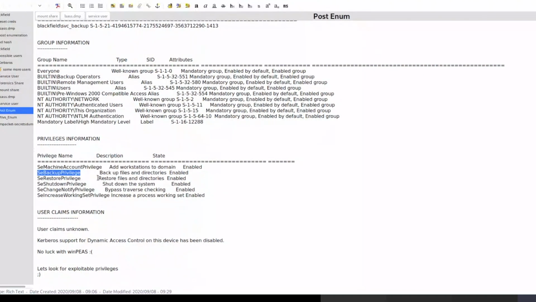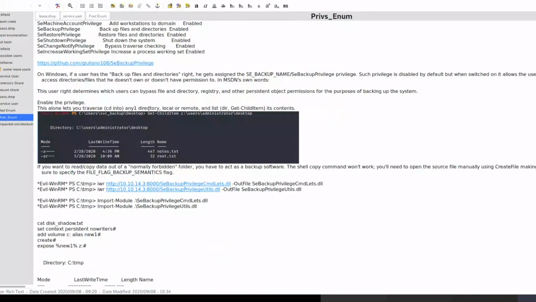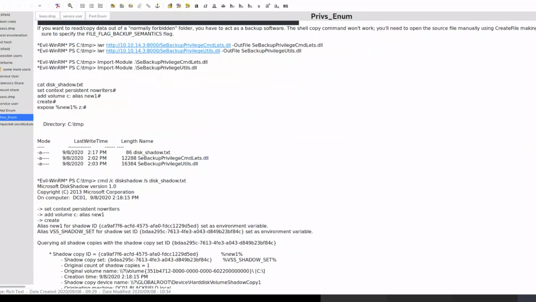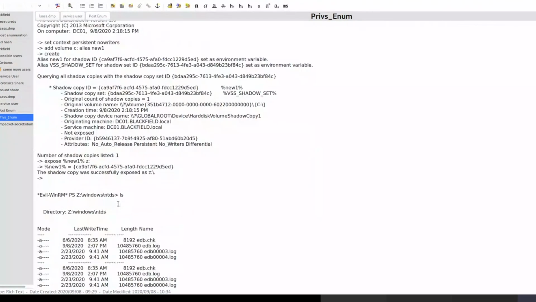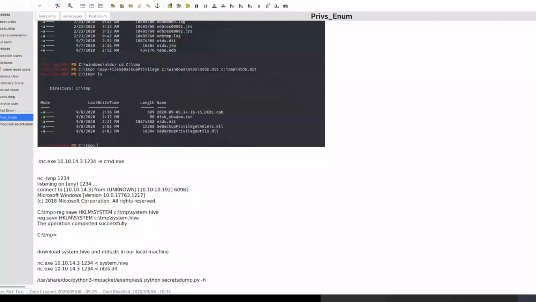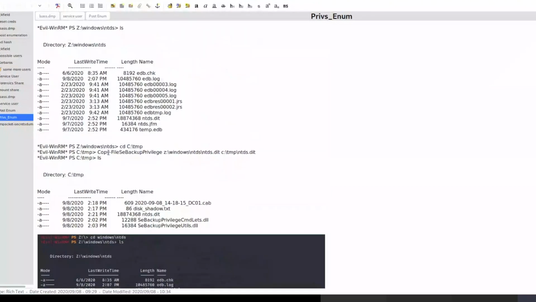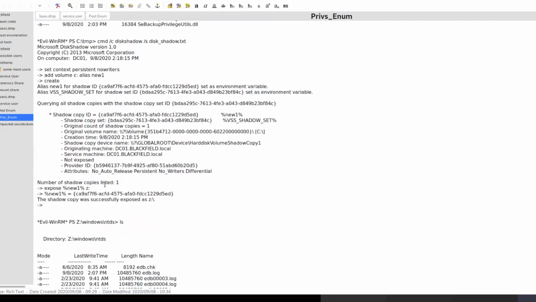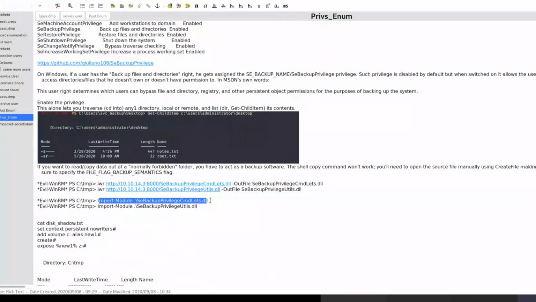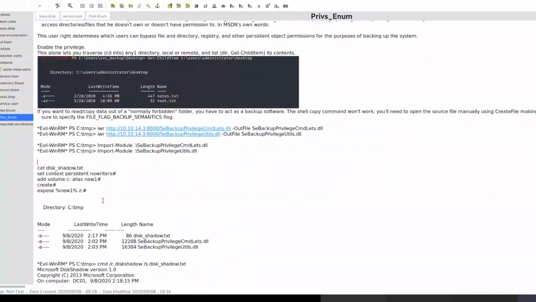So we used SeBackupPrivilege to gain root access. To gain that, what we did was we loaded two different DLLs to actually execute the backup command in PowerShell, which is okay, where is it? Copy-FileSeBackupPrivilege. That is the command. So this has been defined in one of the DLLs that we imported earlier. So yeah, we used the Import-Module command to load those DLLs,